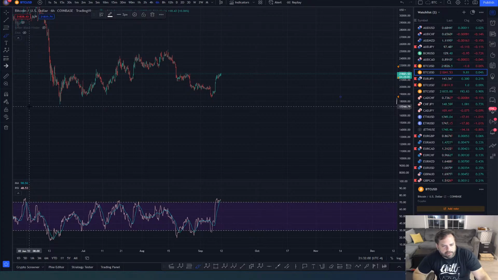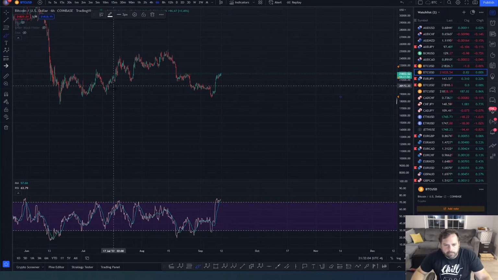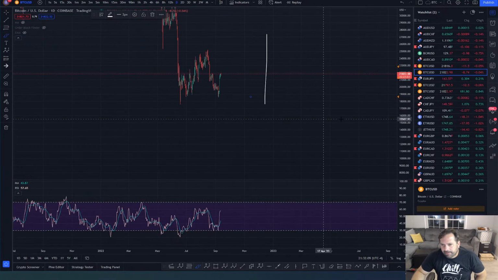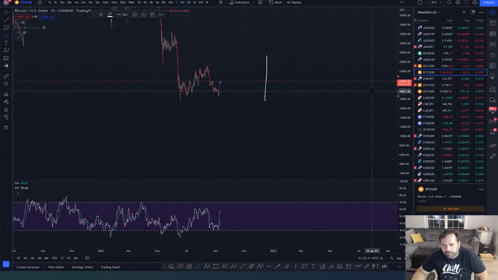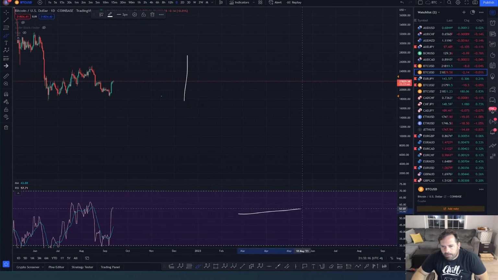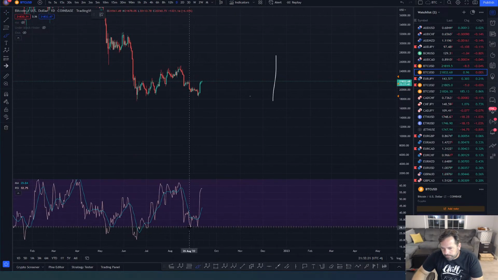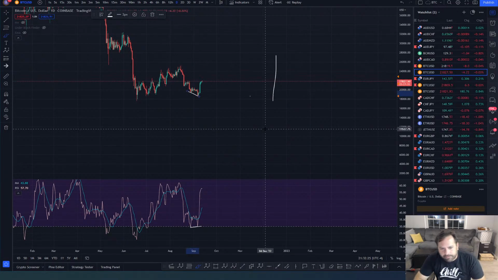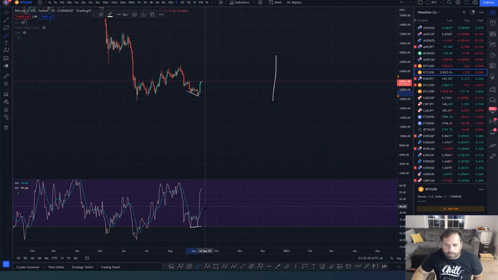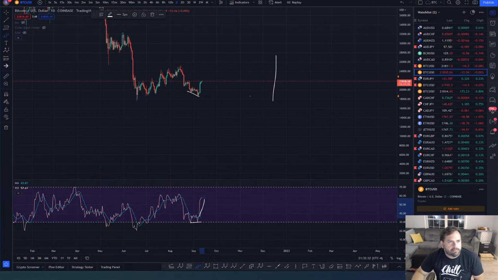Now, there's zero divergence in the daily time frame, and I've already kind of shown that. I don't know where anybody's getting any divergence on the daily time frame. I mean, where's the divergence on the daily? If you're talking about this divergence right here, yeah, that's the divergence that a flat makes, right? And that's why you got this impulse. But that divergence has played out.